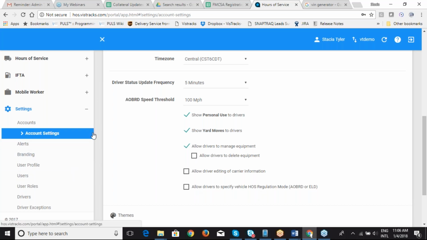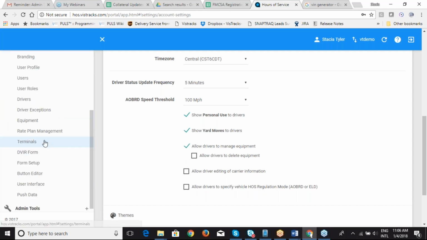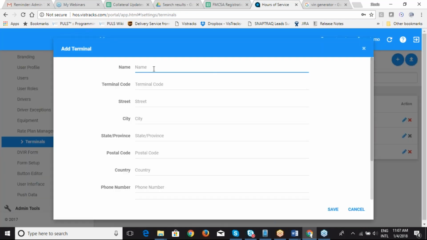The next section I'm going to get into is terminals. So the first thing that you would create within your account would be terminals. So if you have a larger company that has terminals or depots across the country, you would need to create all those terminals first. To create a terminal, click on the plus sign, give it a name, a code,